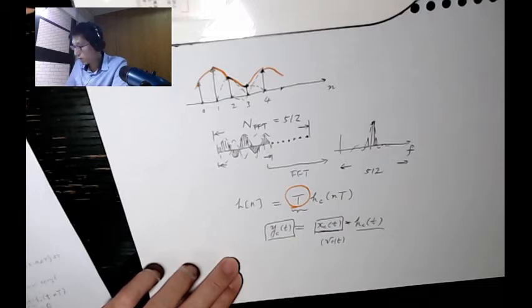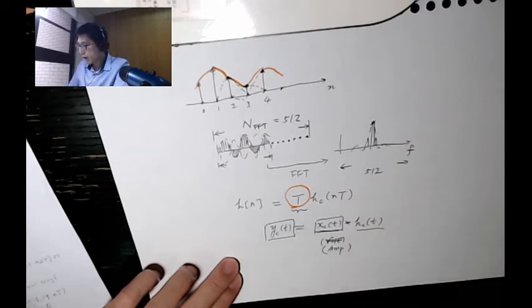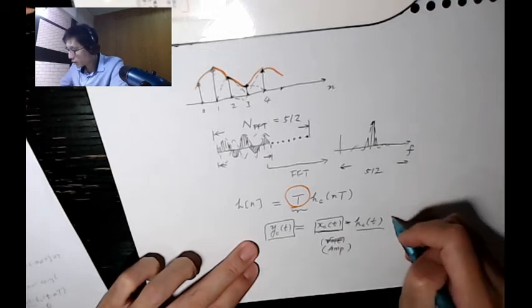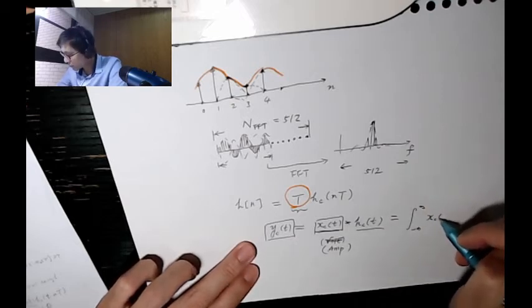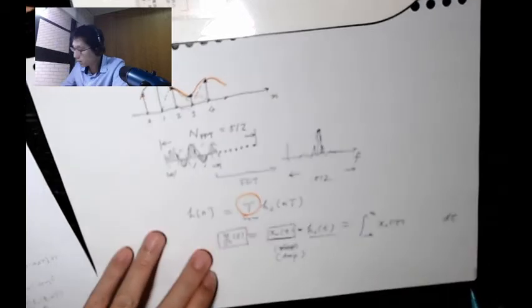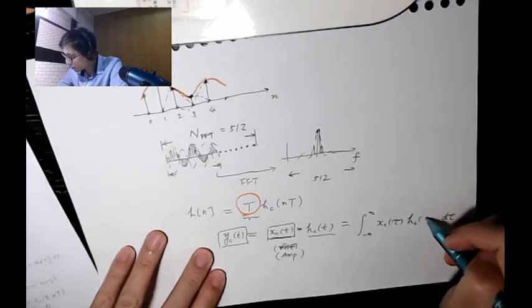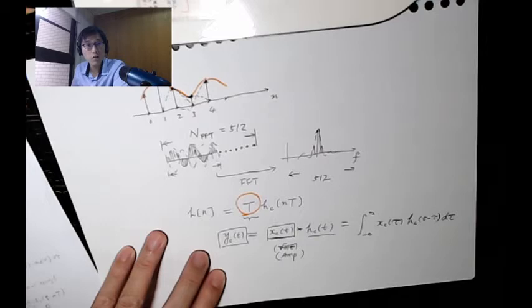What's the unit of y of t? Or even better, let's say x is the current. Okay, x is amps. If x is amps and h does not have a unit, then what is the unit of y? It turns out that if you try to figure that out, the definition of convolution is an integral. It's an integral over tau, where we multiply x with a flipped-around copy of h.